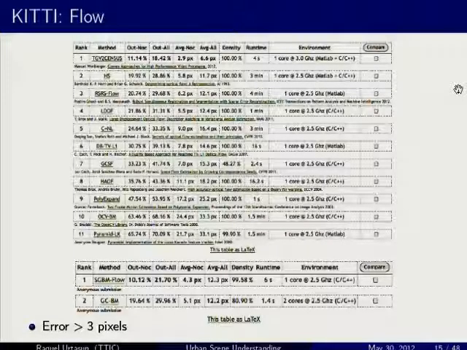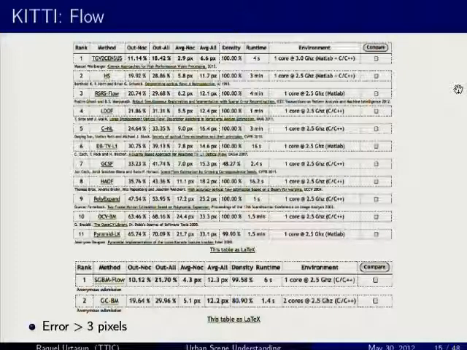Let me tell you a little bit more about the flow data set, and it's a pity, I think, that Michael is not here anymore. Maybe he didn't want to hear the competition. I asked Andreas to update the table so that we also have the average over all the pixels. The method that Michael was talking about is the second method here. And we have an average of 11.7 pixels difference on the flow vectors, right? So this is very, very large.